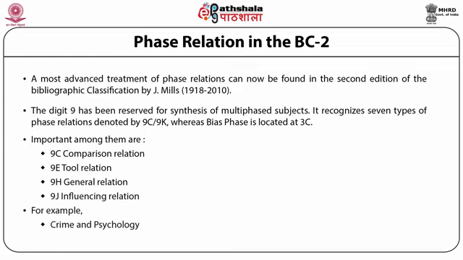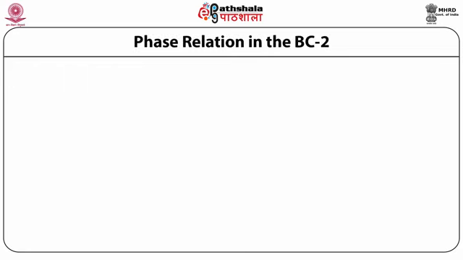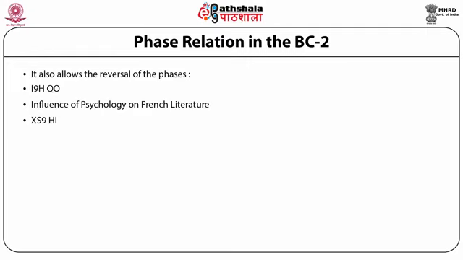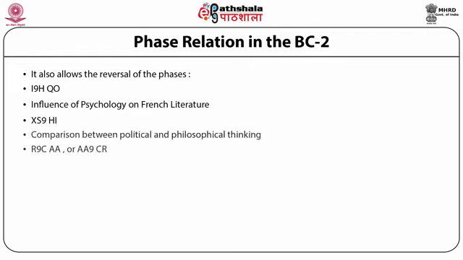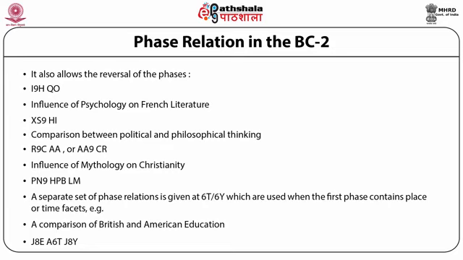For example, crime and psychology has got the number Q09HI. Continuing with the phase relation in BC2, it also allows the reversal of phases. Influence of psychology on French literature may get the number XS9H1. Comparison between political and philosophical thinking is R9CAA or AA9CR. Influence of mythology on Christianity also may have 2 numbers like this. So, in this way, in a classified catalog code, we can have 2 access points instead of 1 for a